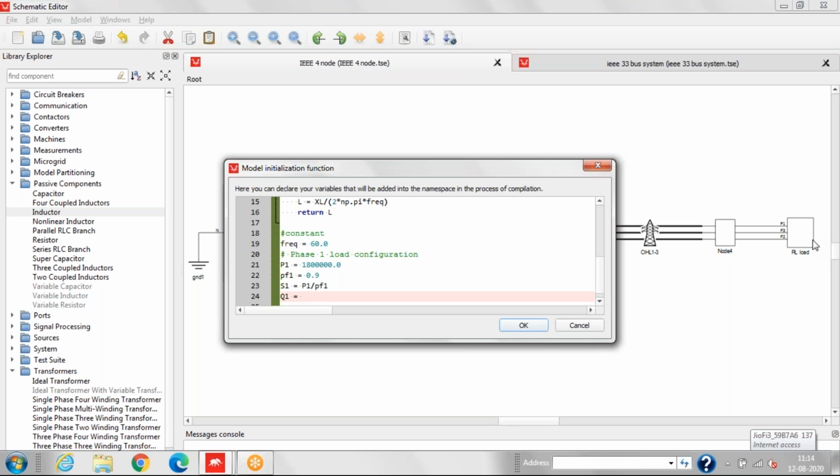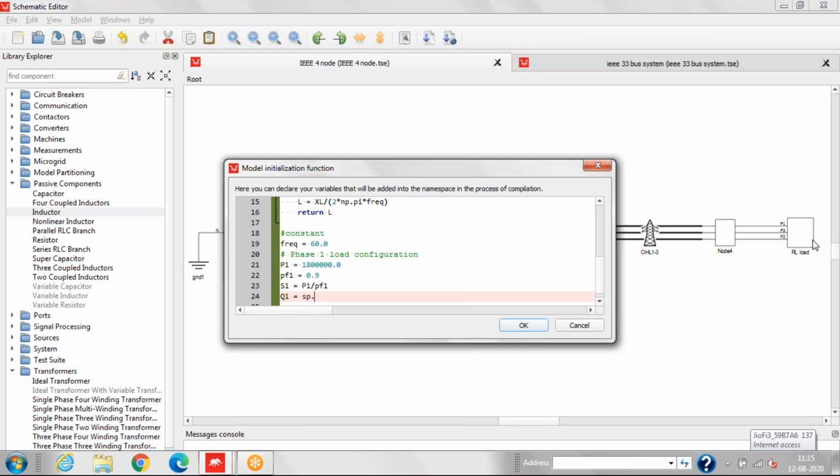Now for calculating Q1, it will be equal to the square root of S1 square minus P1 square.